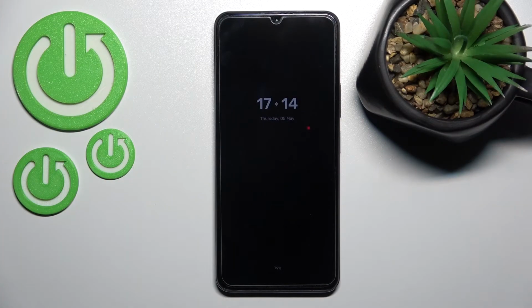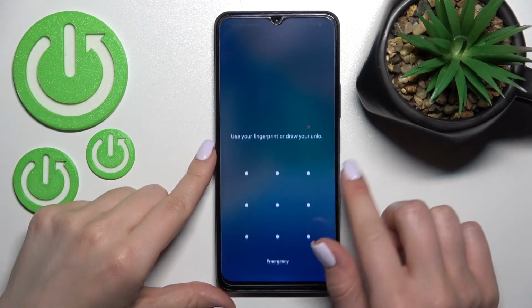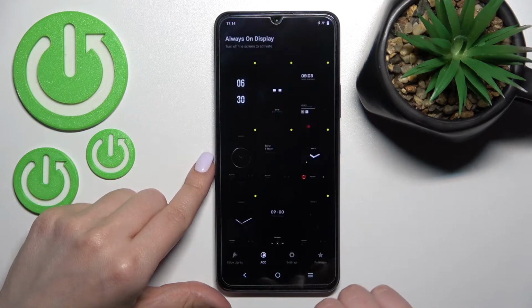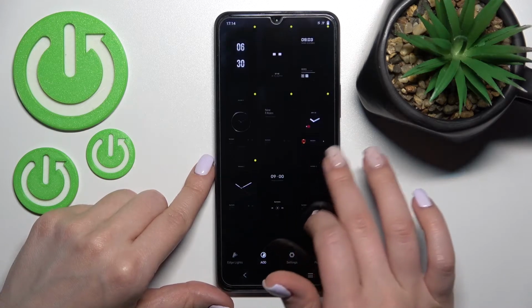Welcome, today in front of me is the Vivo Y76 5G, and I'll show you how to customize the always on display feature on this device. So first we should go into the Movies Edge application, and after that here you will see